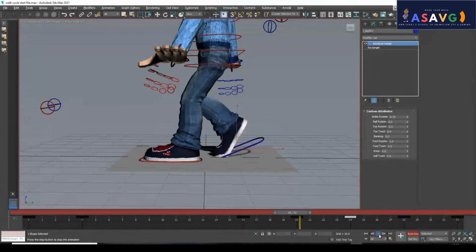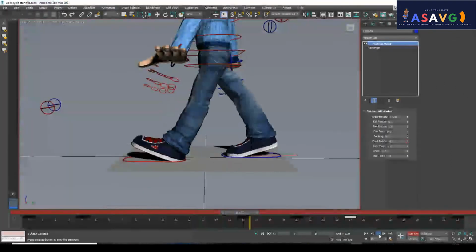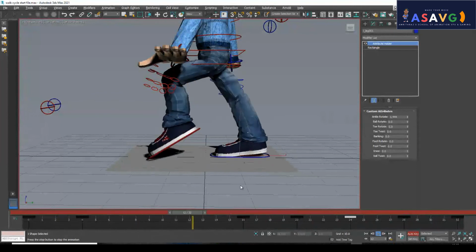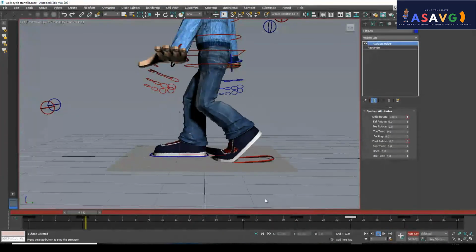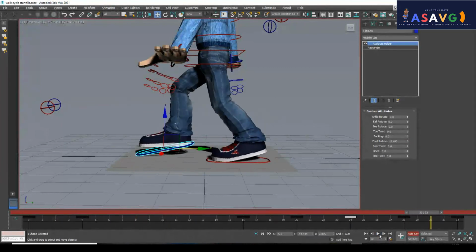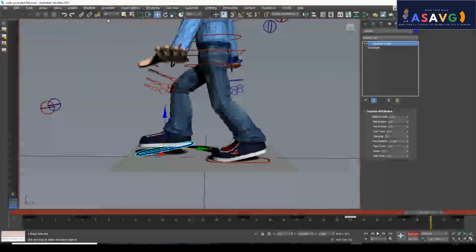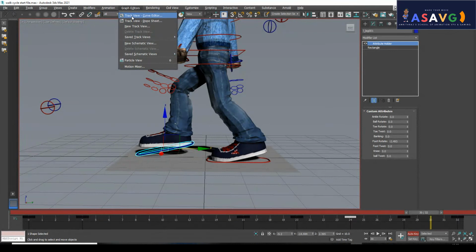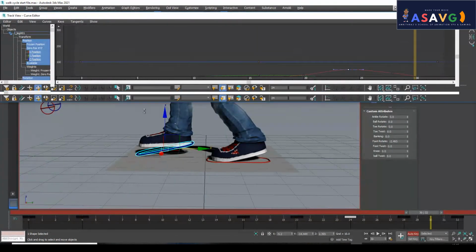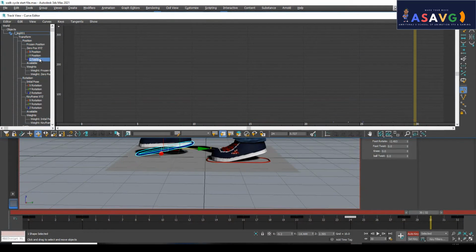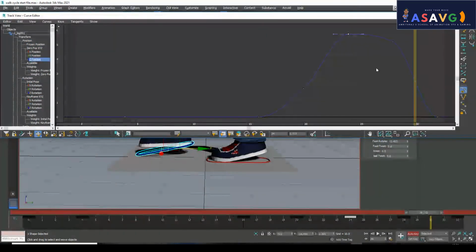Understand? It's smooth, right? If any problem is there, we will go to the graph and fix that. Okay, I will make a pose, and we will check the graph curve and check the whole thing for any problem in the graph. So this is smooth.